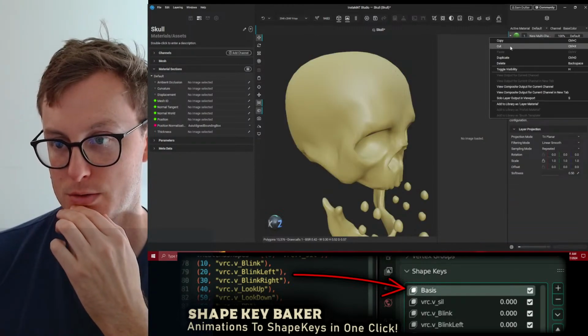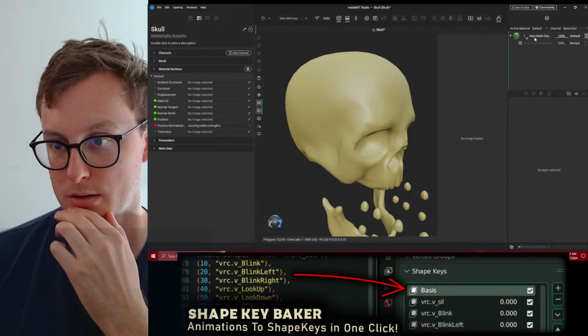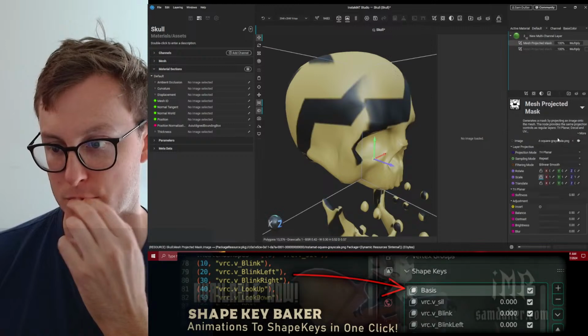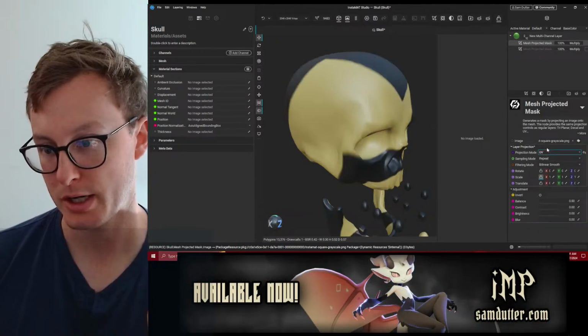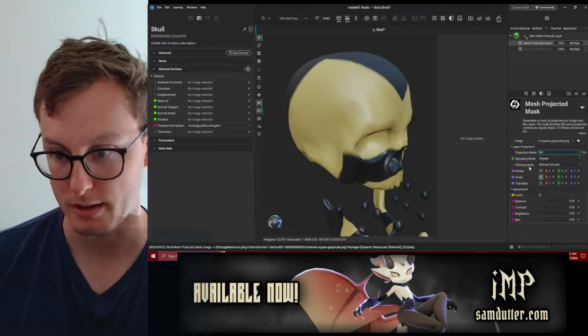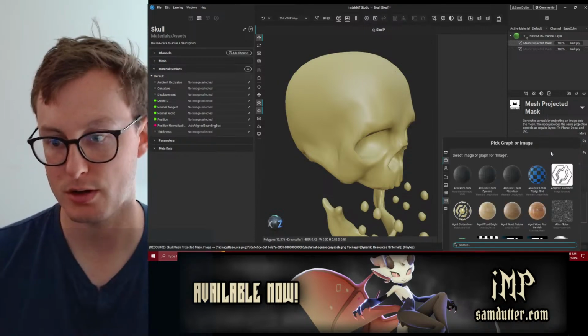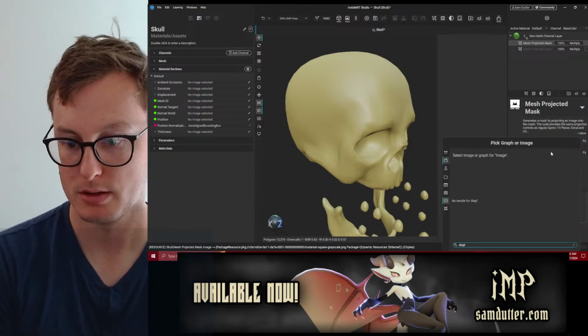I want to be able to use the image I just made. Projected mask. Of course, projected mask, but we're projected on the UV. Duh. Okay, put that there. Get rid of that, and then use our displacement.